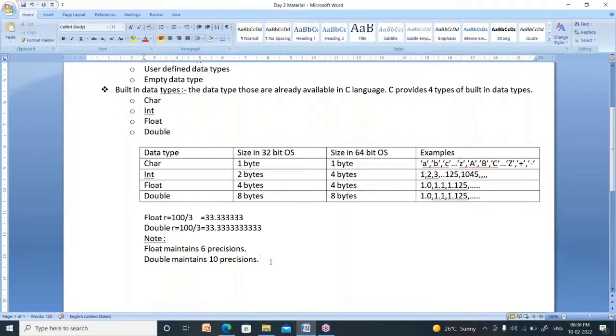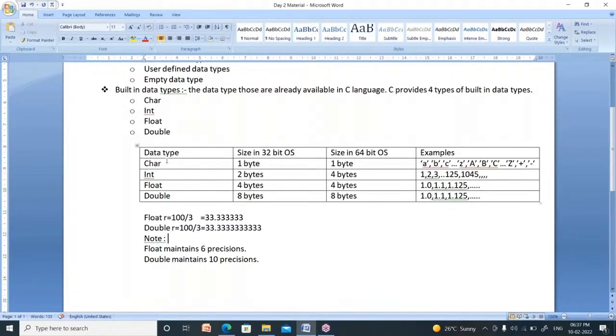If you want an accurate result, then it is better to take double instead of float. If you don't want point values, then you can take integer, or float, or double. So that is the difference between float and double.